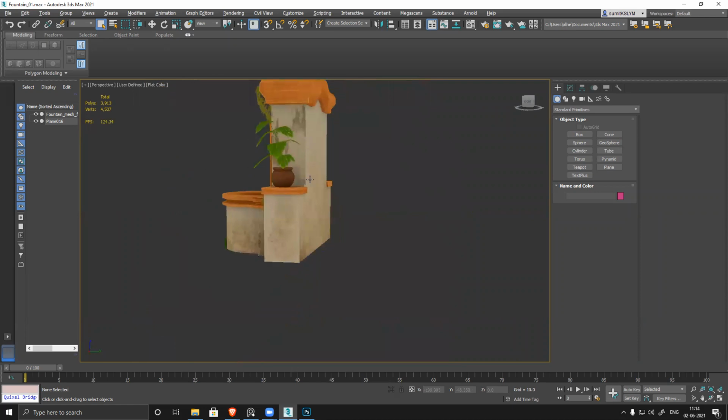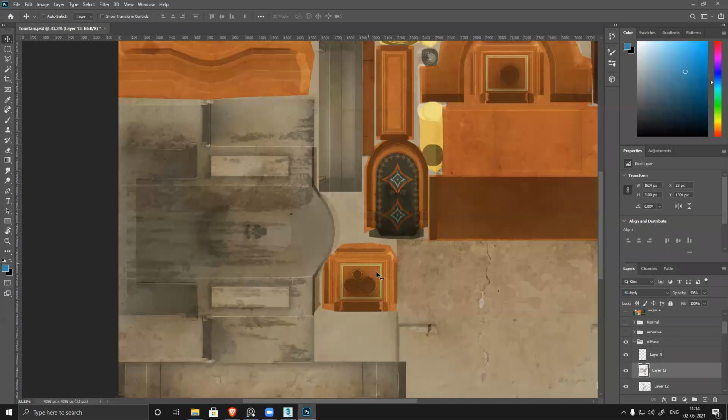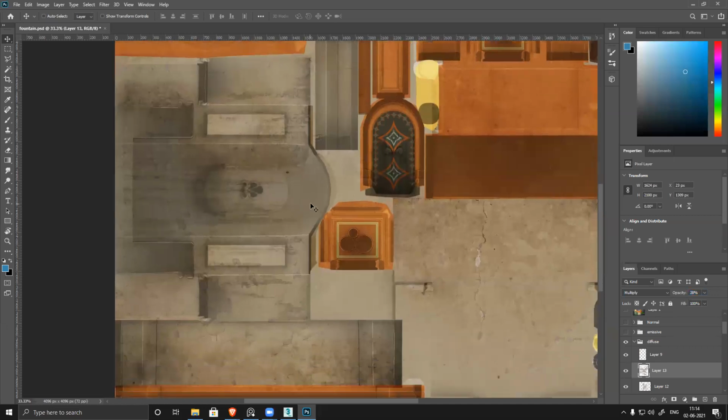You can see it's ending abruptly. It's too strong. Move it. I just duplicated that.